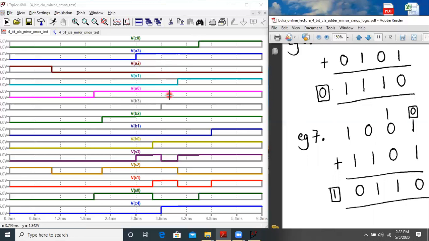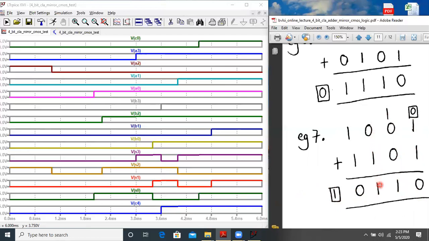Next is B3 to B0, 1 1 0 1. So again it is correctly written as 1 1 0 1. Now let us check the output sum. S3 to S0 is 0 1 1 0, and the carry 4 bit, that is the C4 bit, is 1. So here C4 bit is 1, and we have S3 to S0 as 0 1 1 0. Let us count this now. Addition of 1 plus 1, the sum is 0 and the carry is 1. Again 1 plus 0, the sum is 1.